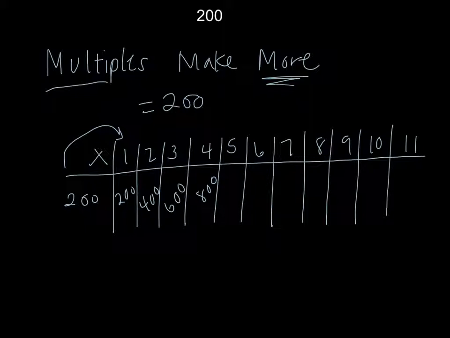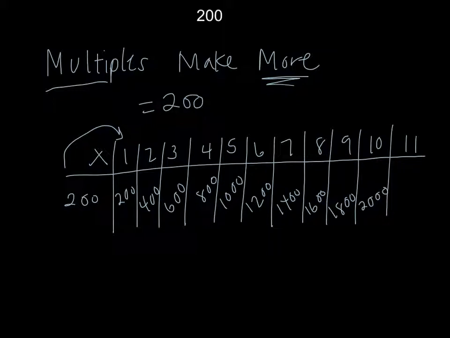Since 2 times 5 is 10, this will equal 1,000. 200 times 6 is 1,200. 200 times 7 is 1,400. 8 is going to be 1,600. 200 times 9 is 1,800. 200 times 10 is going to be 2,000,